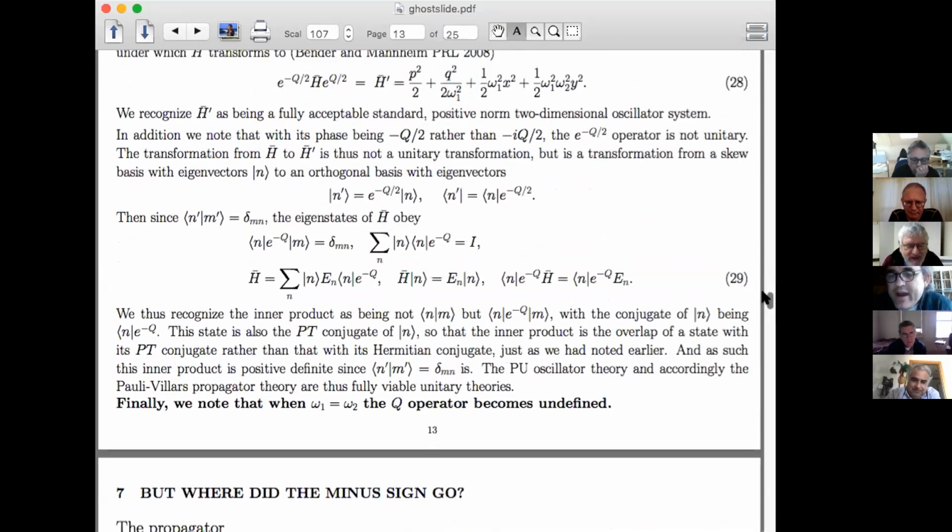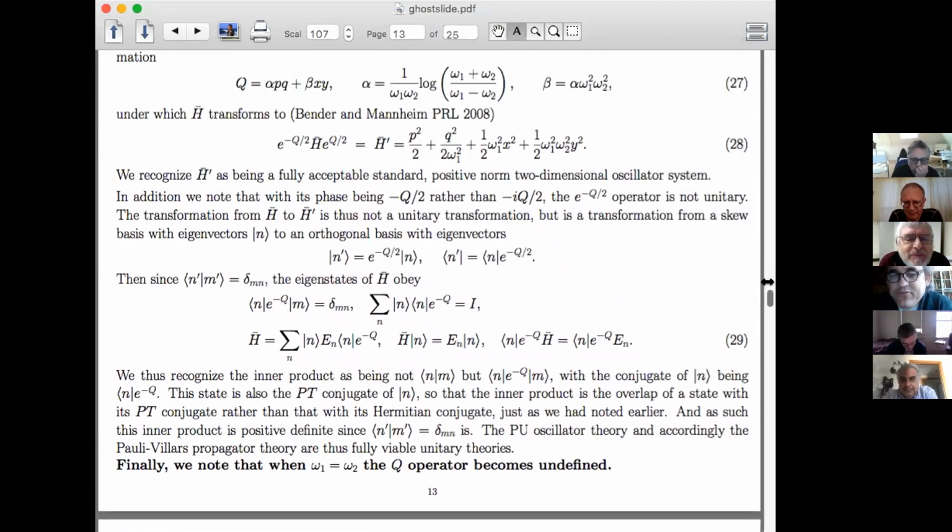Yes. Philip, may I make a comment? Of course. If you have two independent oscillators, your theory is a tensor product of two oscillators. So for each oscillator, you can define a vacuum, either annihilating annihilation operators or creation operators. So in this, you get 4 different theories which are defined by these two oscillators. This is what Carl Bender says, I think.